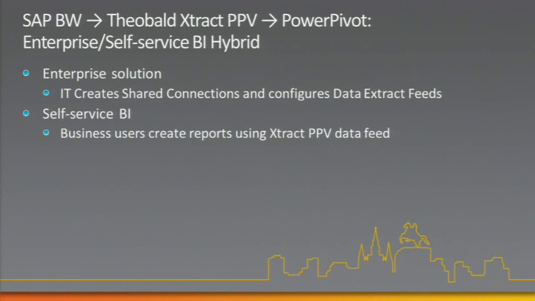And again, I think of this as a hybrid solution. So IT will create shared connections. That's basically the connectivity information, and then it can configure the data extracts. It says from this particular cube or BEx query or whatever SAP object, bring in these fields. And then they provide a URL to users. Users can use that URL to extract the data